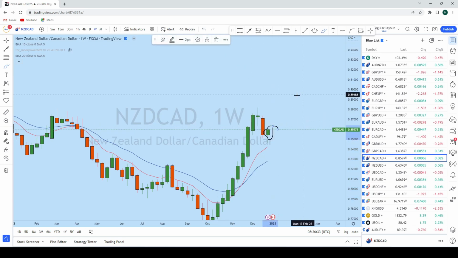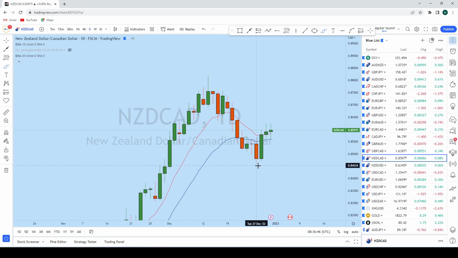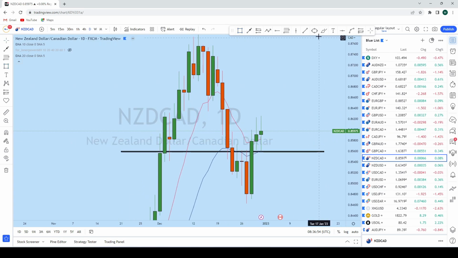This is a narrow candle, which is in fact a deceleration from the sellers' activity, the buyers taking control for another push to the upside. If we look at the daily perspective, we see that NZDCAD in fact created this impulse. Now we can expect this price to come back to this previous resistance, which is turning support. We could see that on the daily perspective, even breaking this low, grabbing enough liquidity and then pushing to the